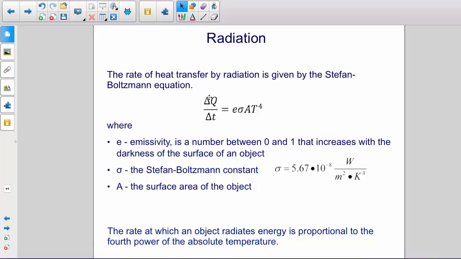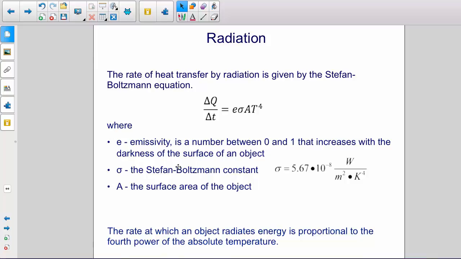It says that the heat transfer delta Q over delta T is equal to the product of two constants, E and sigma, multiplied by the surface area of the object times the temperature of the object to the fourth power. Now, E is the emissivity. It's a number between 0 and 1 that increases with the darkness of the surface of the object. So, amazingly, when the object is completely black, we're going to have maximum heat